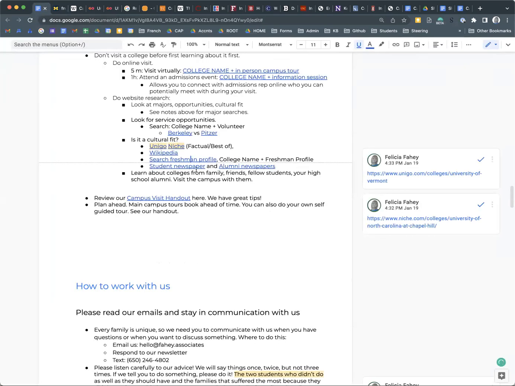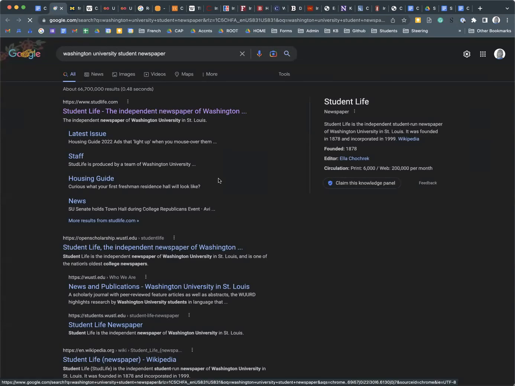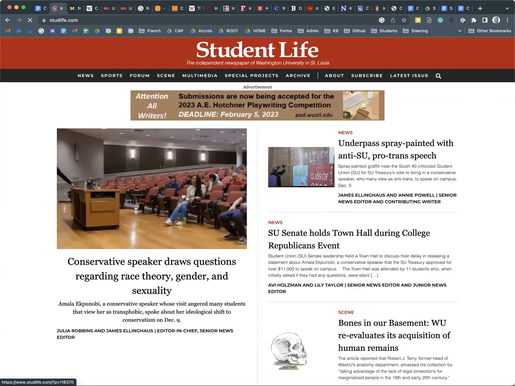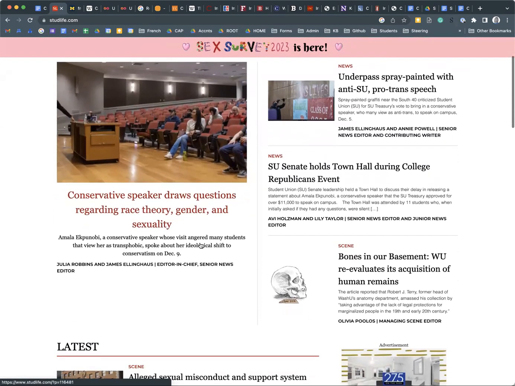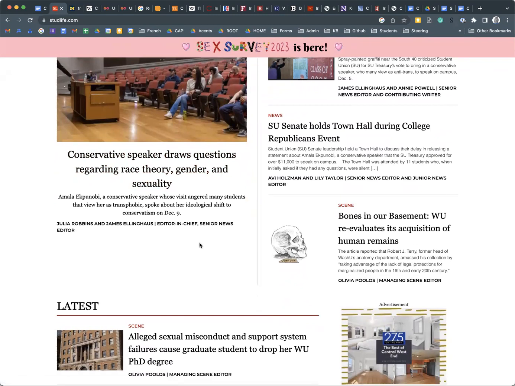The last thing that I want to share with you are newspapers. They are a great way, and you don't necessarily have to do this before you go, right? Because this is really the details, and maybe you'll pick up a newspaper while you're there. But before you do an interview with somebody, either in the admissions process, which might be over the summer or in the fall or next winter, this is a great way to understand what is the culture of the school, what's going on, what are people talking about, what are the hot topics, right? So this is the student newspaper.